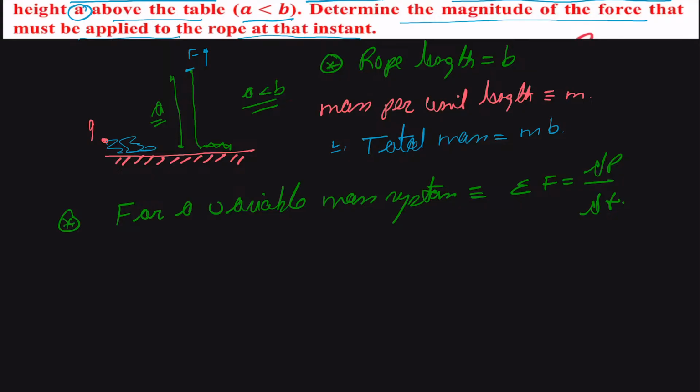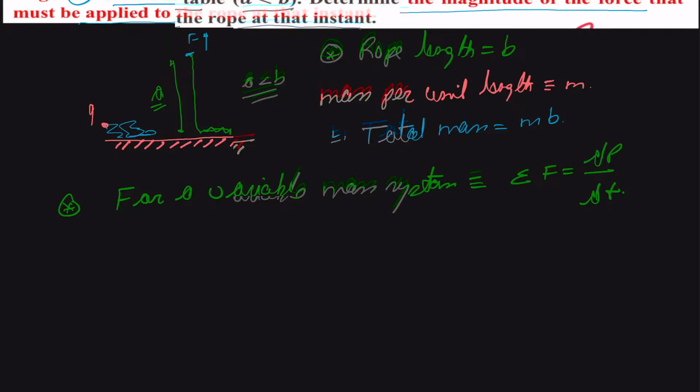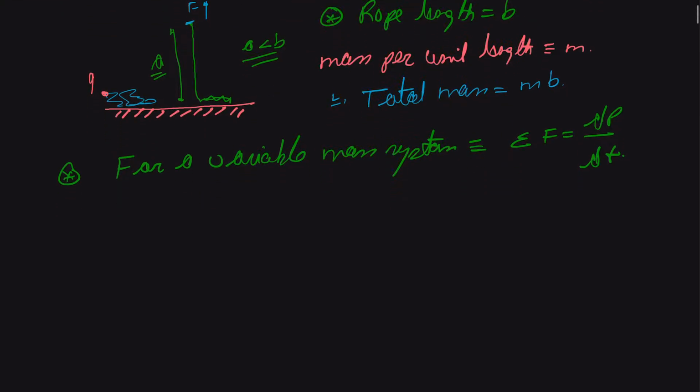Okay, this relationship we are going to use. So let us consider that as per our question, we can divide this setup into two parts. One is a moving part, that is a moving rope, and the other one is a stationary part, that is a rope that is stationary. So we can say at height a,